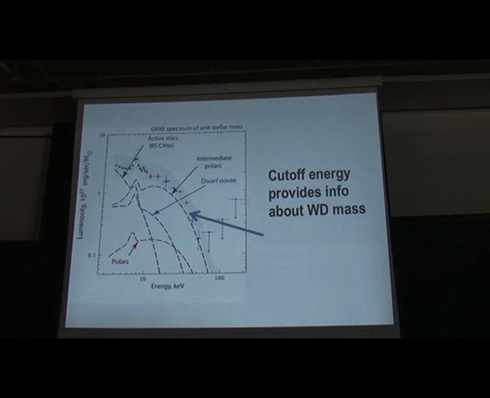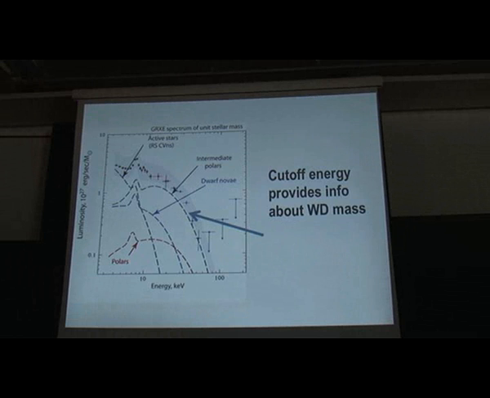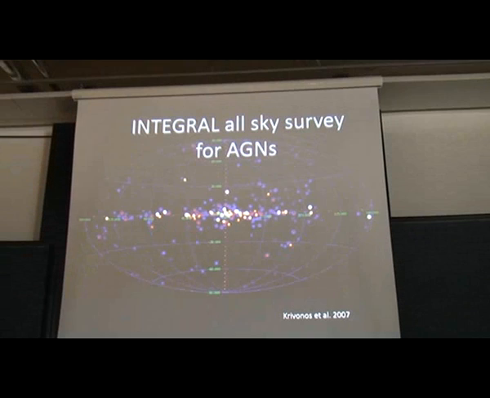And why do cataclysmic variables have this particular shape, this cutoff at this energy? This again can be very easily explained, because the temperature of the plasma which you can reach in cataclysmic variables, which are accreting white dwarfs, is not higher than the virial temperature of protons near the white dwarf. And the virial temperature of protons at the surface of the white dwarf is about 10 or 20 keV. This is exactly where we see this cutoff. So if we would see something that is a power law going to infinity, that would definitely contradict our theory.